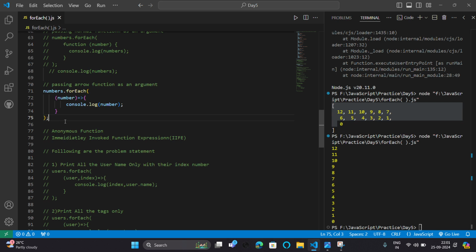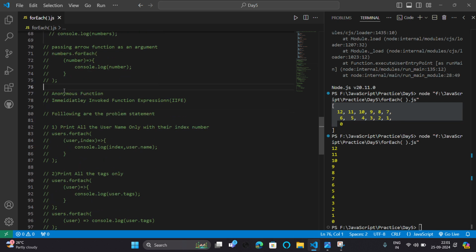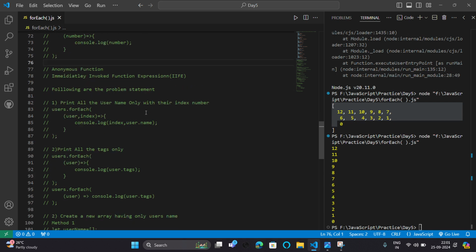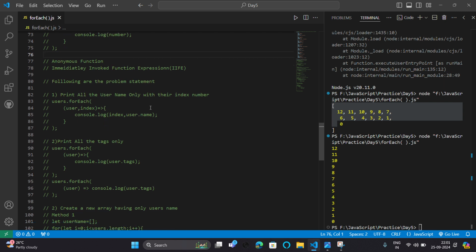Okay. Anonymous function, immediately invoked function expression. Following are the problem statements. Here is a problem statement, and I will solve it using forEach. Print all the usernames only with their index number.